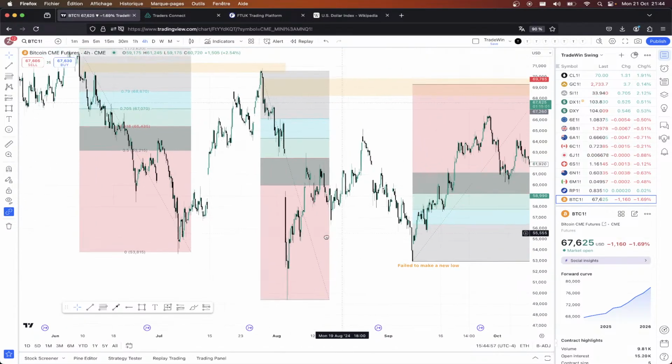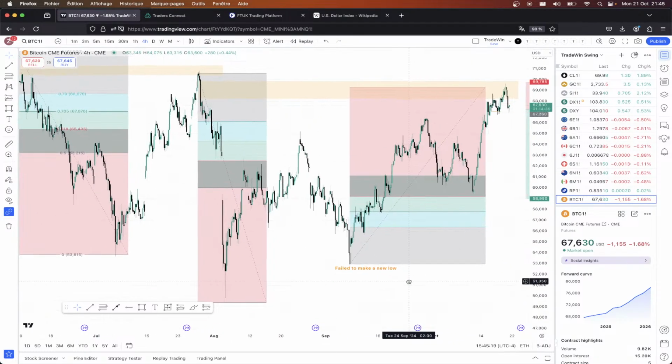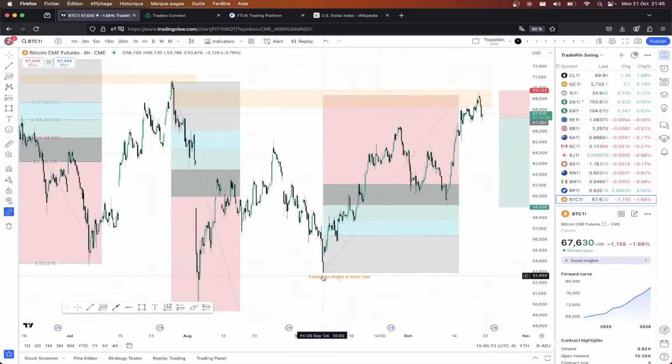Fine. But here, when we retrace back, we effectively go into the zone, the Fibonacci retracement zone, but we fail to make a new low here. So this temporarily stops my downtrend for now. And what we can see is happening is that up,